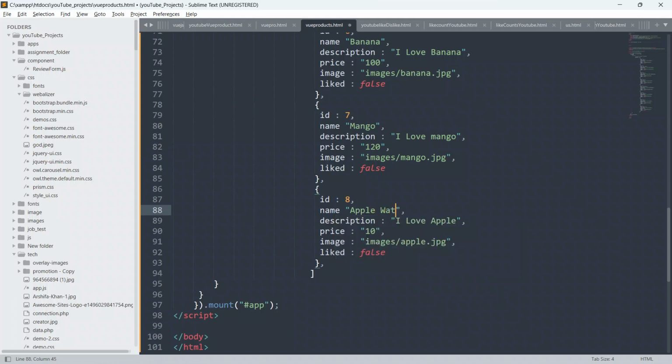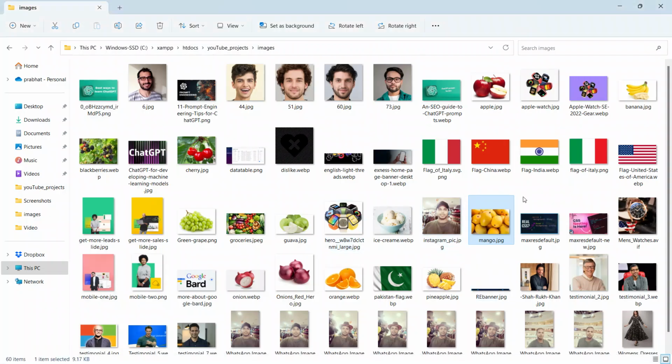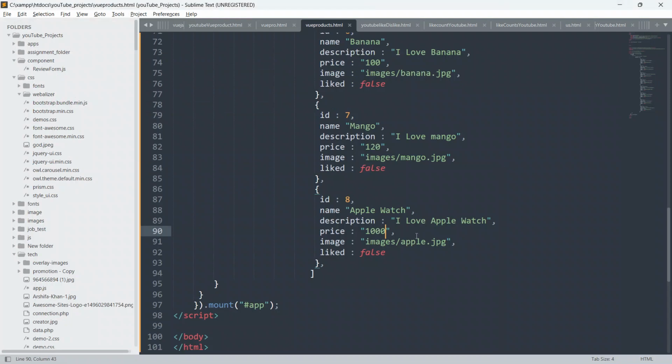So Apple Watch, and I love Apple Watch as a description, change this price to $1,000, and go to the folder, copy this image name from here. Okay, so copy it from here, go to the code and just replace it.